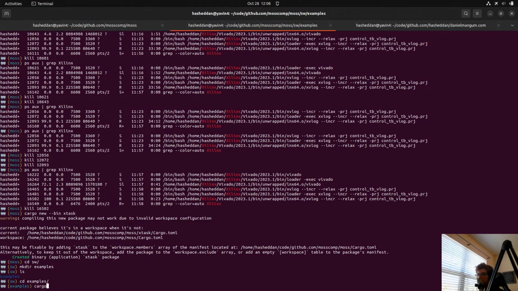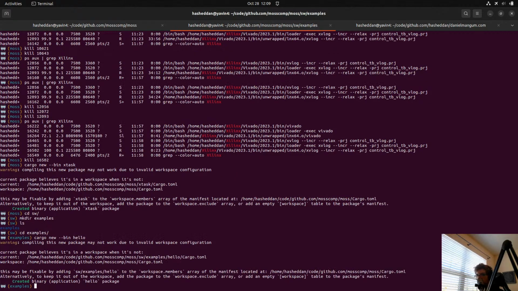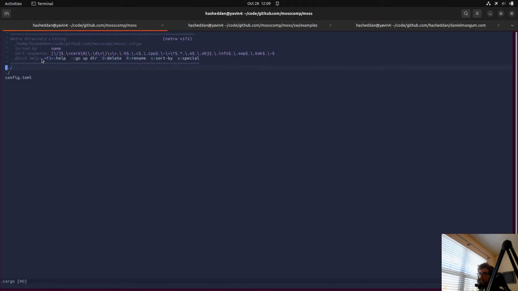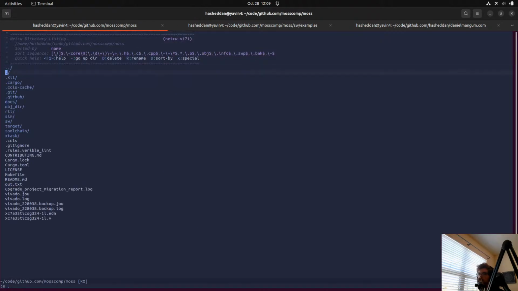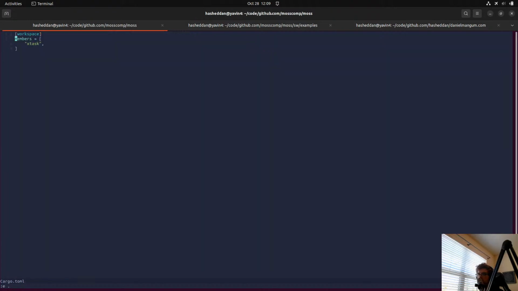Examples, cargo new --bin hello. And I think that we can then add this to our top level with maybe just path relative examples.